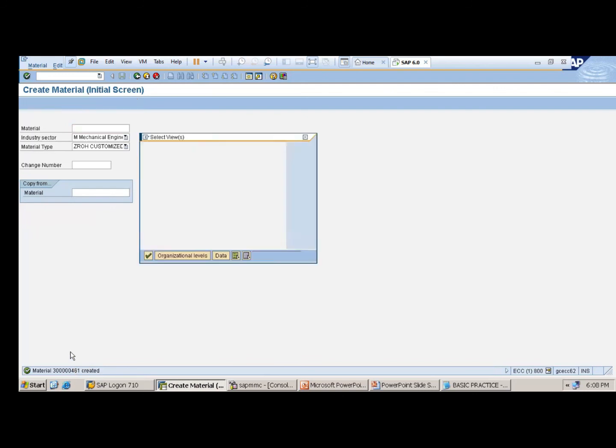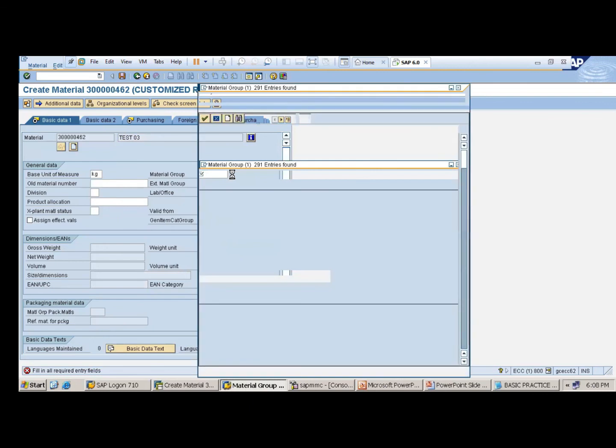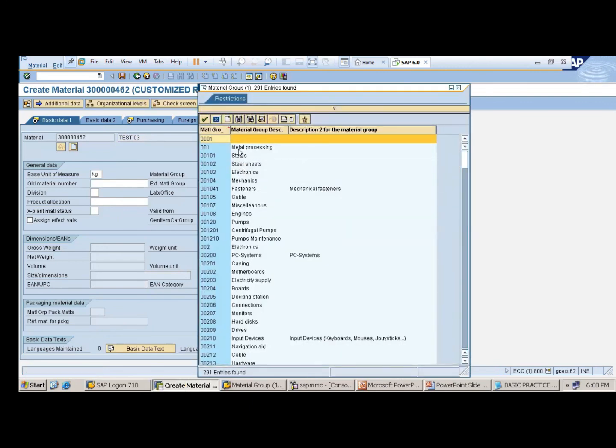Suppose, let us take, I'm just creating one more material. Here the material group is there. So I can take test 03, base unit of measure kg. Instead of this, the material group options here are steel, metal, electronics. I want one test material group.